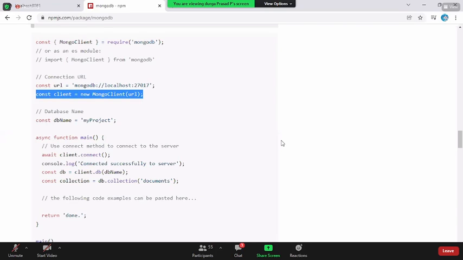They have actually changed this. Earlier it was in a new way. A bit got changed. Client.